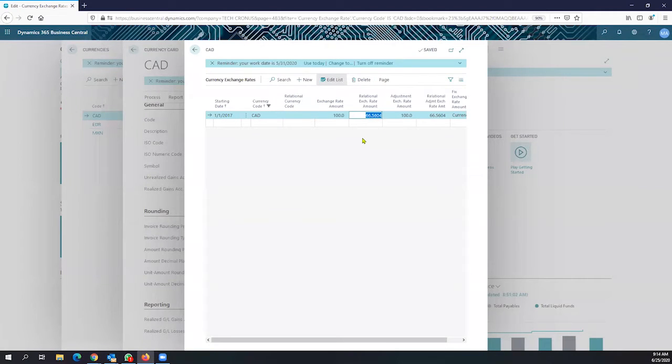So we might have a relationship, normally, because the value of the CAD is less than the actual US dollar. That's why it's